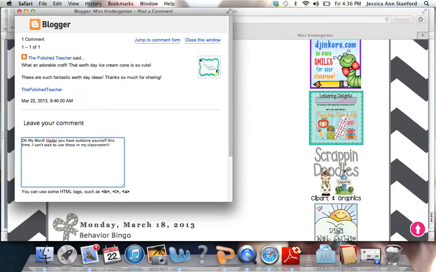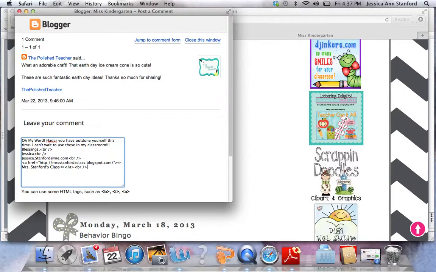Then I'm just going to space down and hit Control V, or Command V if you're on a Mac, and it's going to input that code. As it says underneath, you can use HTML tags such as, and then it tells you what kind of HTML tags you can use. So I'm going to hit return